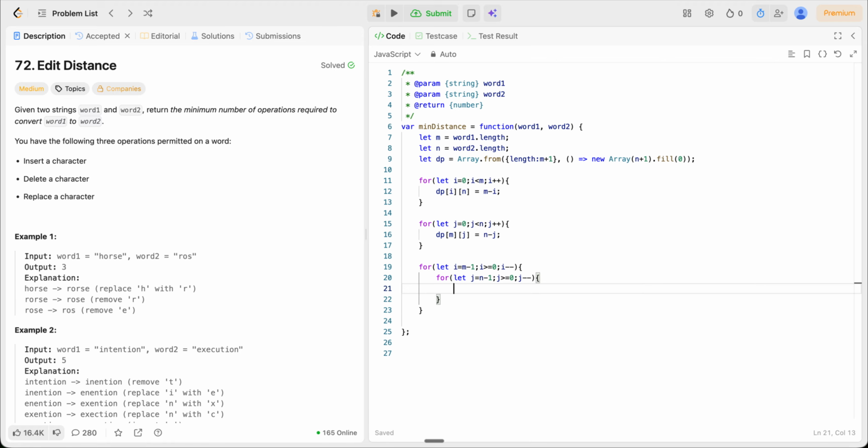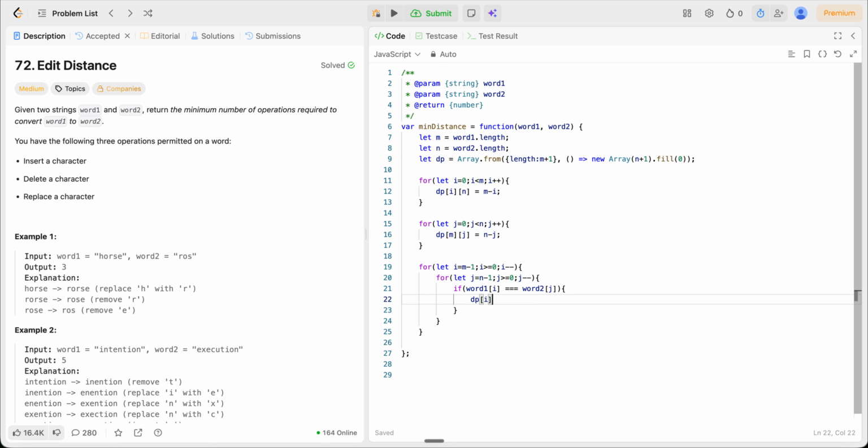Now in this case what will happen is we have to check if word 1 of i is equal to word 2 of j. In this case we will just have to do dp of i j equal to dp of i plus 1 j plus 1. We are just copying the number of operations that is required for the remaining characters, leaving the characters which are same. Else,